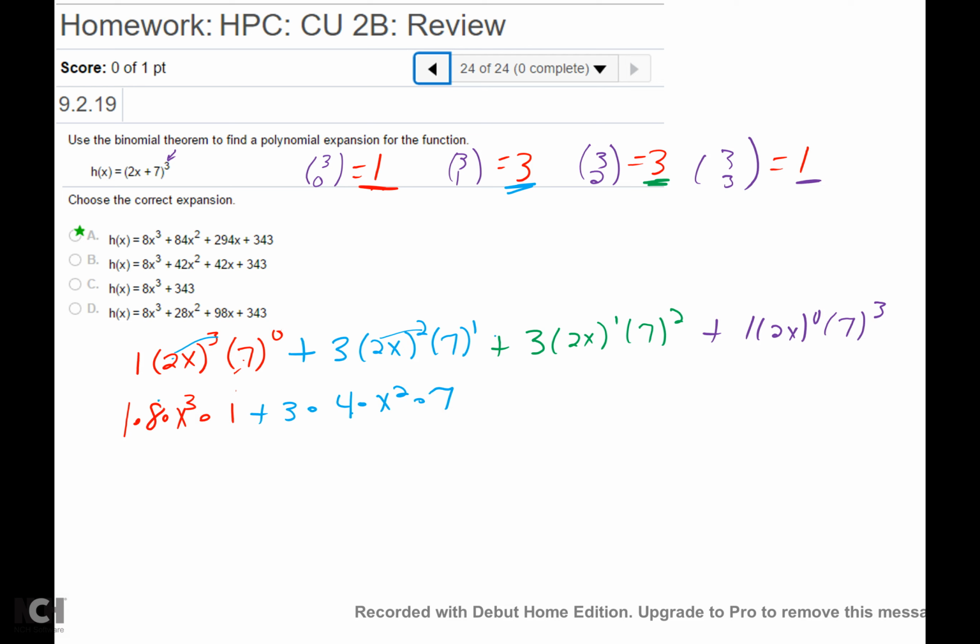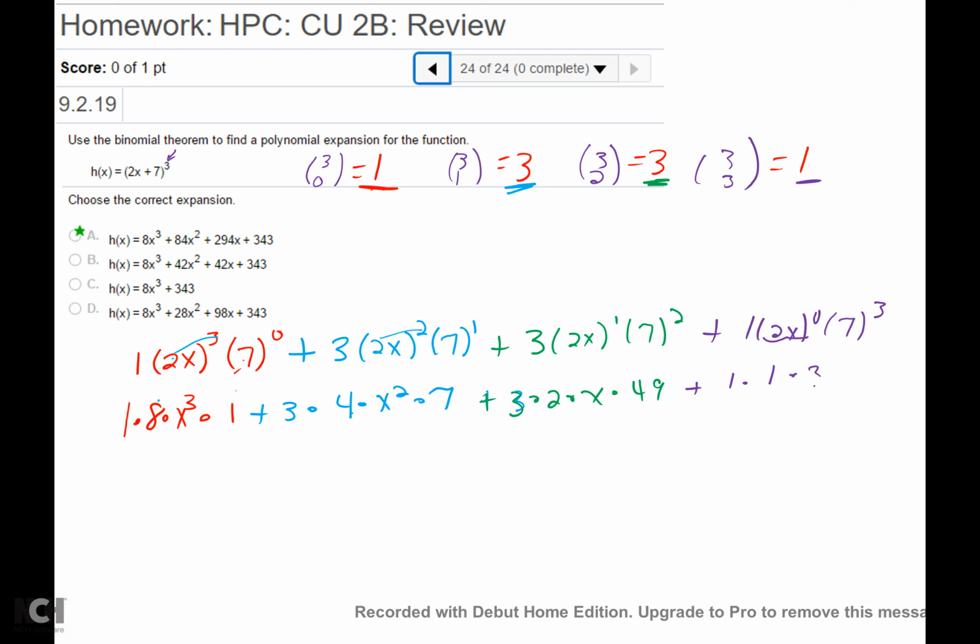Okay, 7 to the first is 7. Plus, sorry, I'm going to switch colors. Plus 3 times 2 times x to the first times 49, because 7 squared is 49. Plus 1 times 1, anything to the 0 degree is 1, times